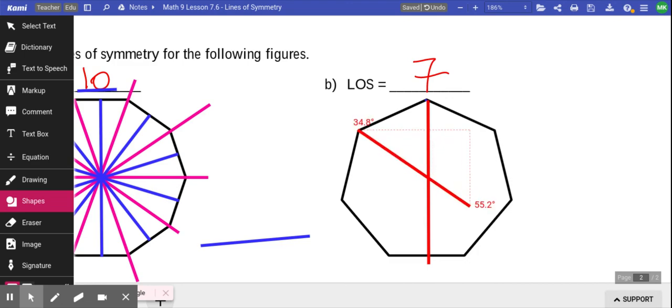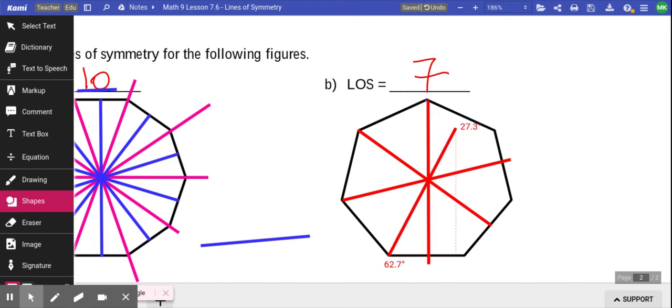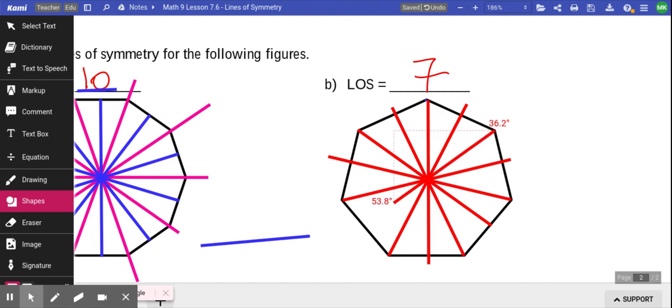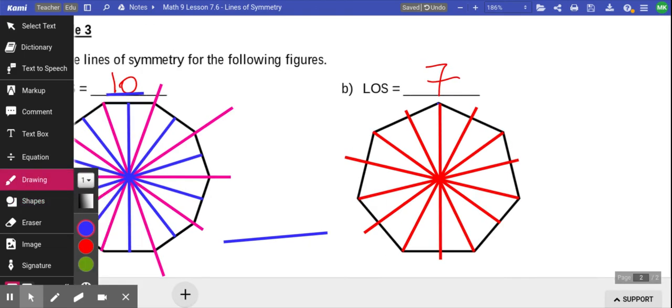Start at the corner, go to the middle. That's 2. Start at the corner, go across to the middle. That's 3. That's 4. That's 5. That's 6. That's 7 lines of symmetry. Perfect. You are now, hopefully, the master